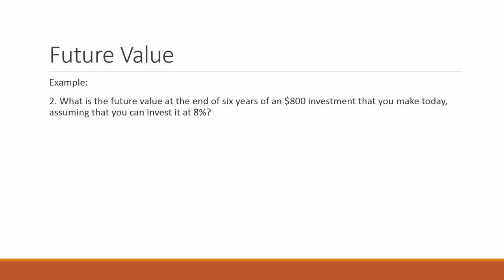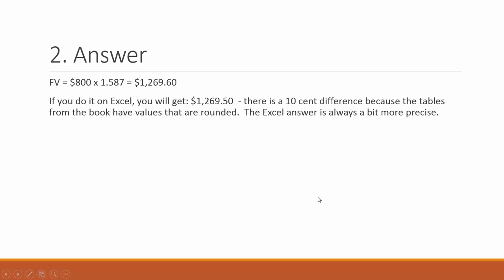Let's try another one. What is the future value at the end of 6 years of an $800 investment that you make today, assuming that you can invest it at 8%? Now that would be at 8% per year. These interest rates are always quoted on an annual basis. So you'd use that same table. You'd go in there and you'd find this factor right here,